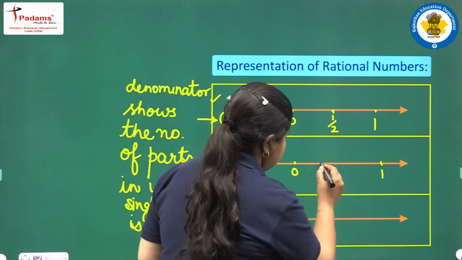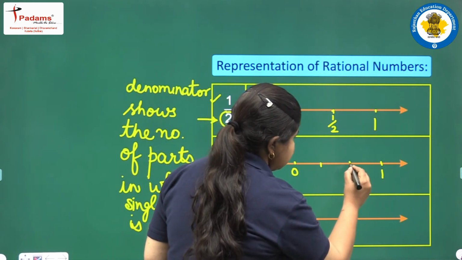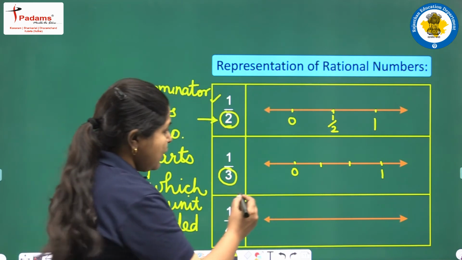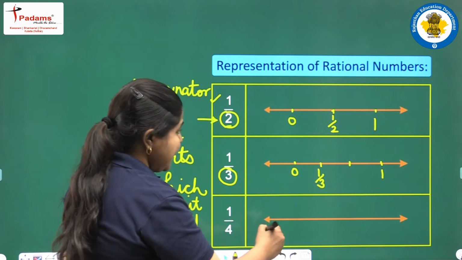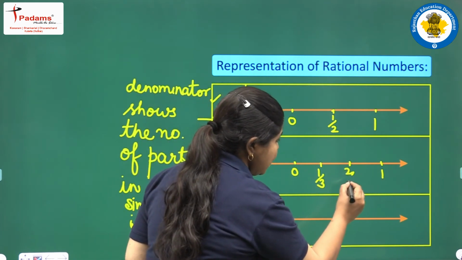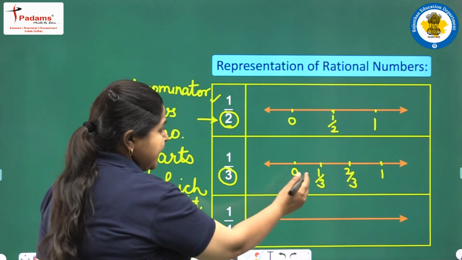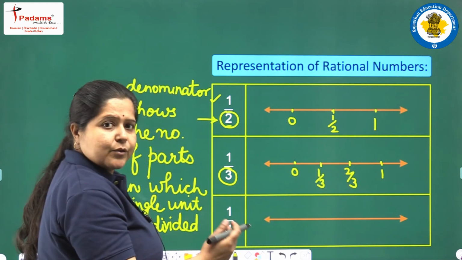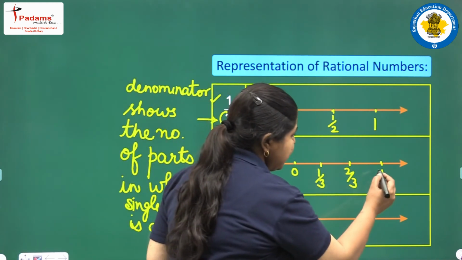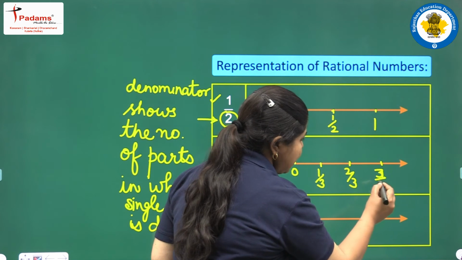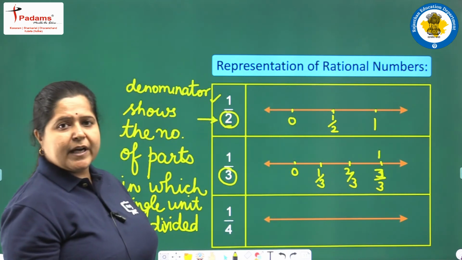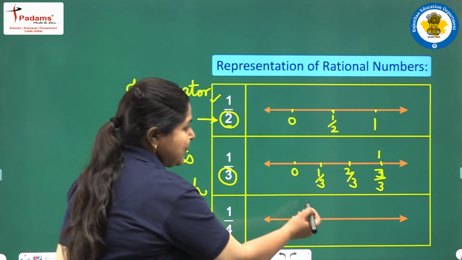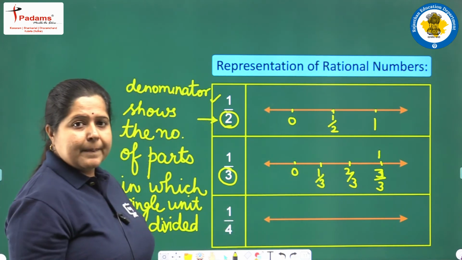Let us take this and this. We have taken 2 points. Now this will be 1 upon 3 and this will be 2 upon 3, because we are taking the same distance 2 times. So 2 by 3. And what will this be? It will be 3 upon 3, and 3 by 3 will get cancelled, so that is why it becomes 1. So 1 upon 3, 2 upon 3.